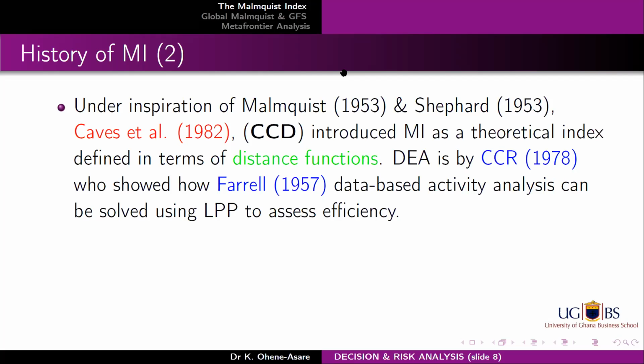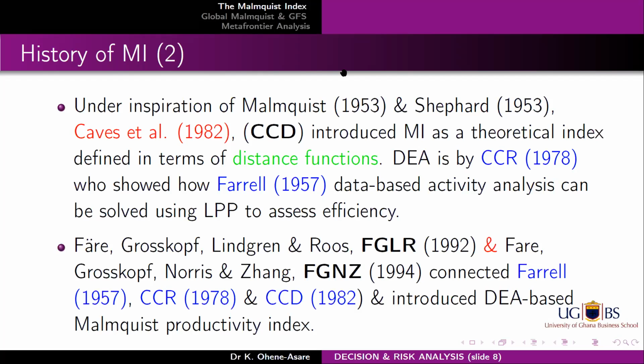And we know already that DEA was established by Charnes, Cooper and Rhodes in 1978. They showed how Farrell's data-based activity analysis can be solved using linear programming. So they were the ones that connected the Farrell approach to the world of linear programming. Now, Färe, Grosskopf, Lindgren, and Roos, 1992, combined the ideas of Caves 1982 and the CCR idea of 1978. They used the activity analysis together with the index number ideas, and they created the Malmquist